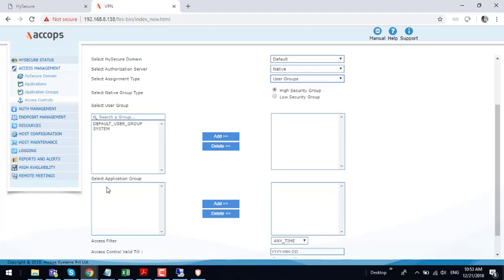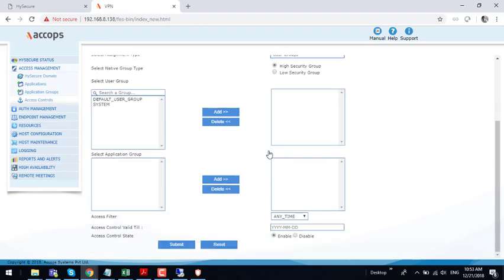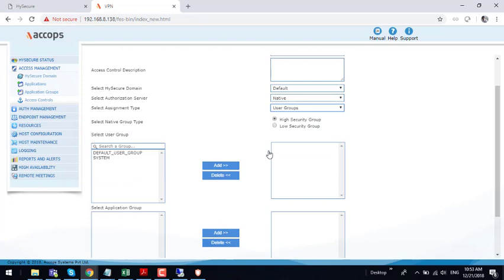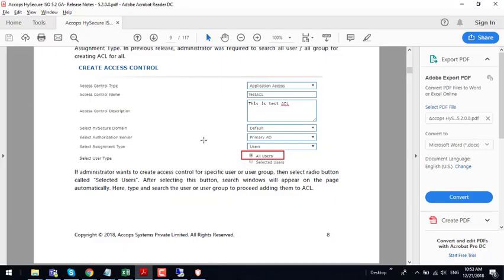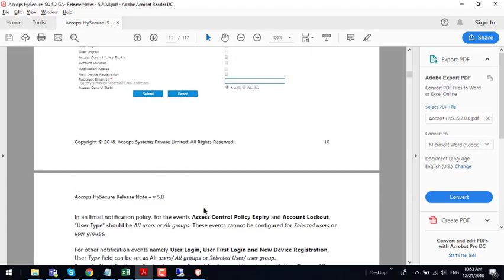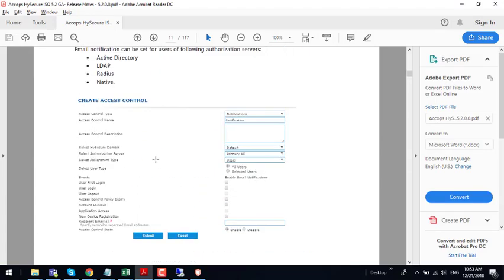And you can select the application list which I'm going to publish as a high works as an application and desktop virtualization. I'm going to incorporate it, which I'm going to showcase to you how to create the access control list during that time as well. Additional features what we have introduced is